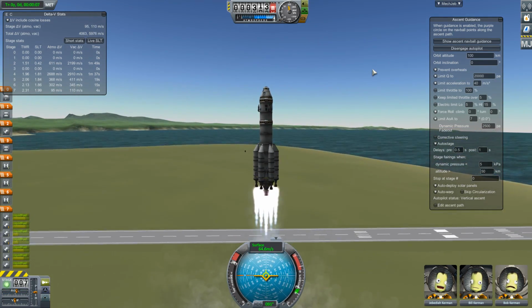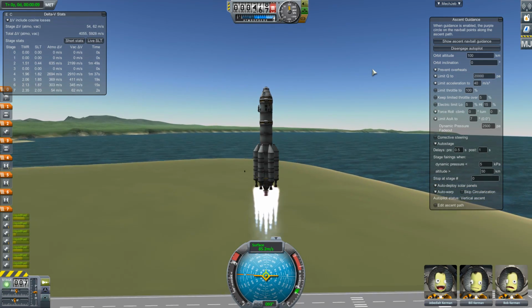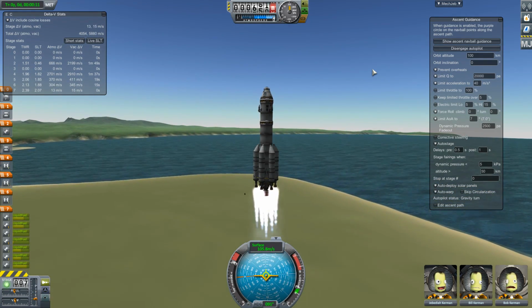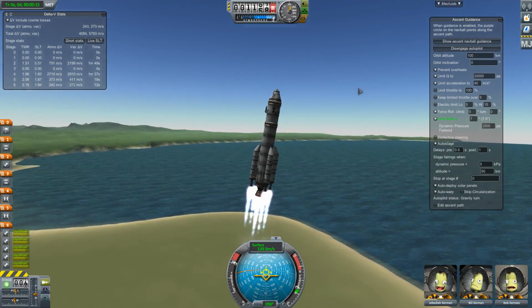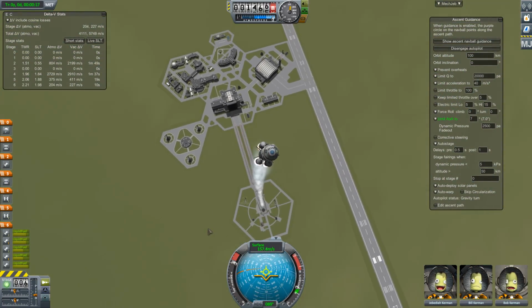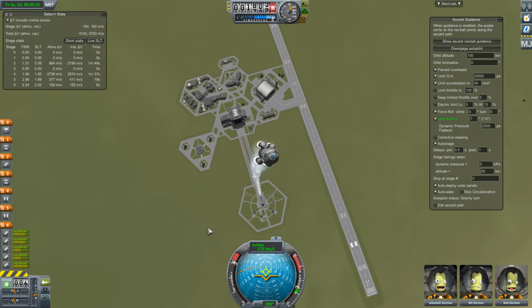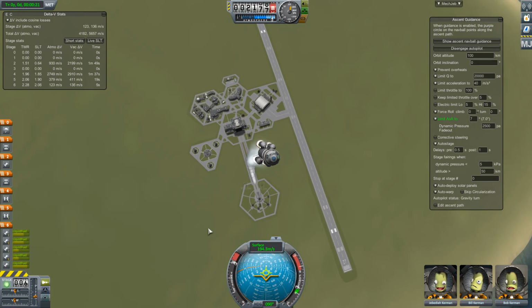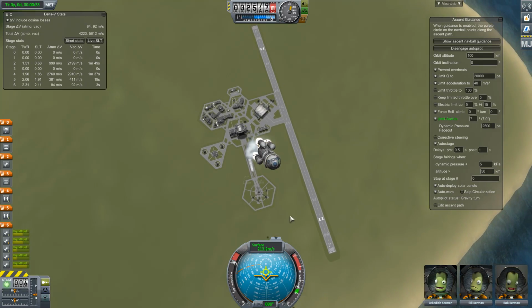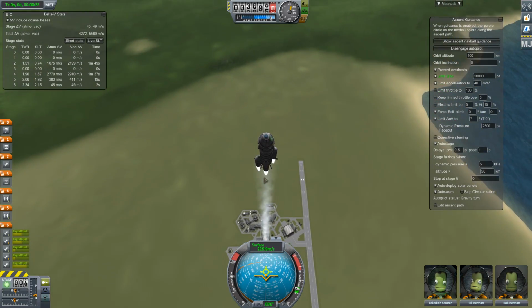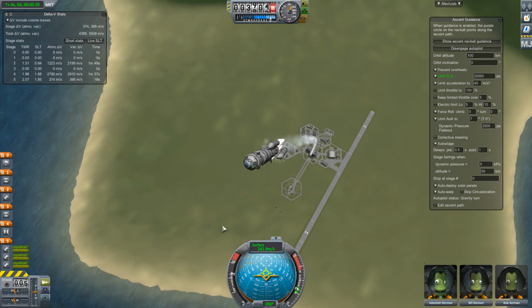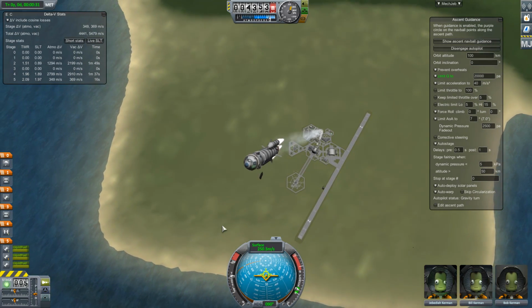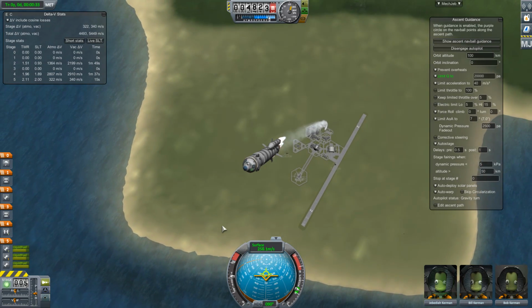So now Mechjeb is doing pretty much all of the work here. We're just standing back and watching. It's going to get us into a stable altitude of 100 kilometers in orbit and an inclination of roughly 0. Things seem to be going well on our launch here. These are sort of asparagus stage boosters, and they'll separate as each one runs out of fuel, or each pair runs out of fuel,